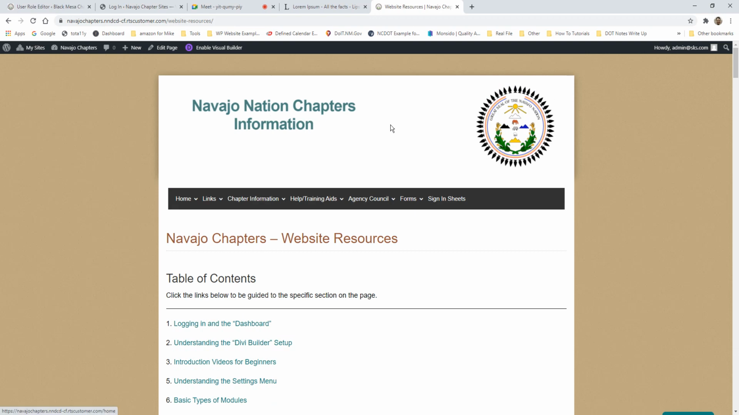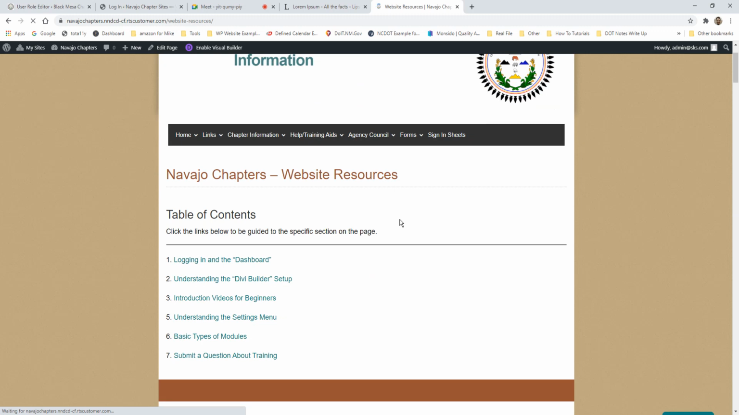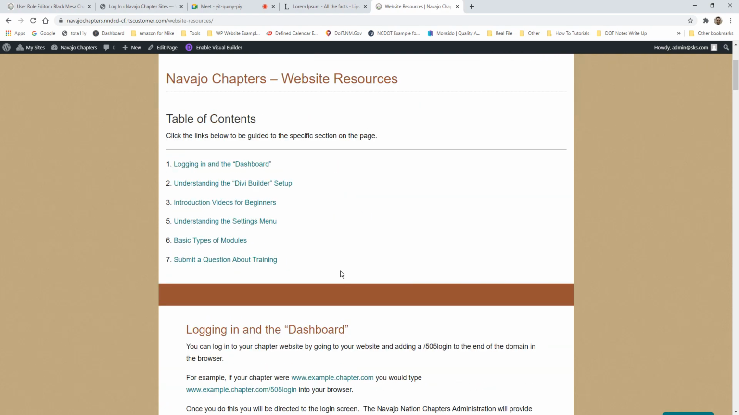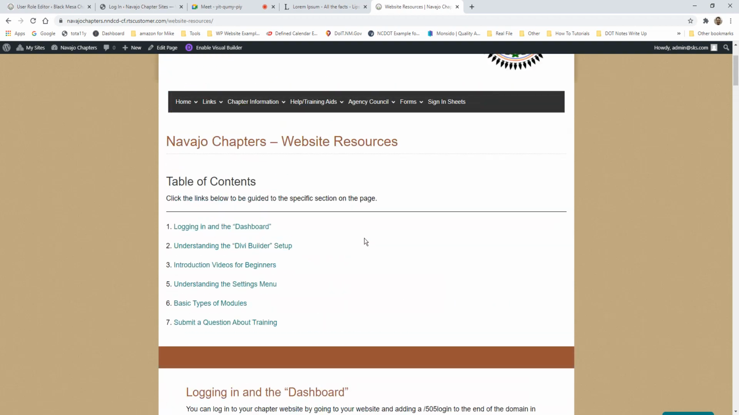This is the page on the main Navajo chapters site. It's going to be under the help and training aids. It's called website resources. Right now this is a work in progress, but there is a lot of good stuff here. Basically, if we look at this table of contents right here, it's all of the major plot points that we're going to go over today, and a good introduction to the new system and how it operates. So I'll be referring back to this just to highlight some different materials,